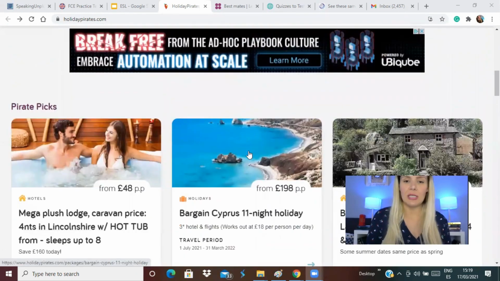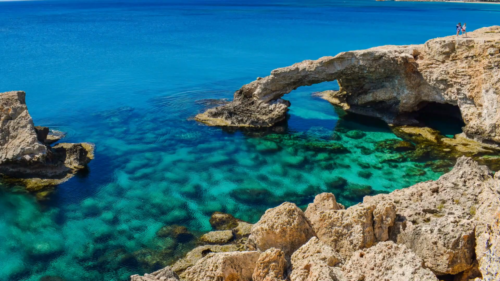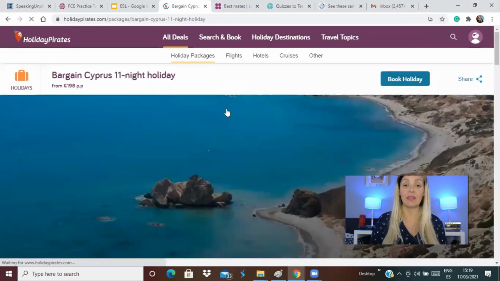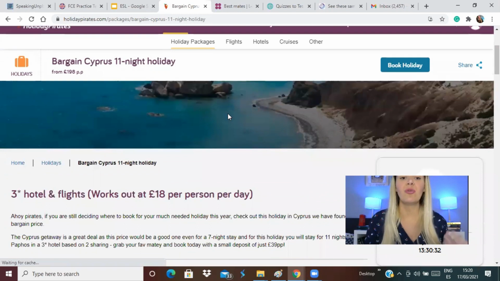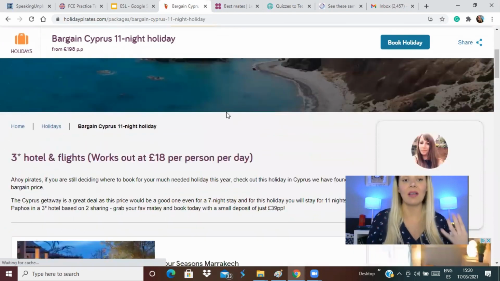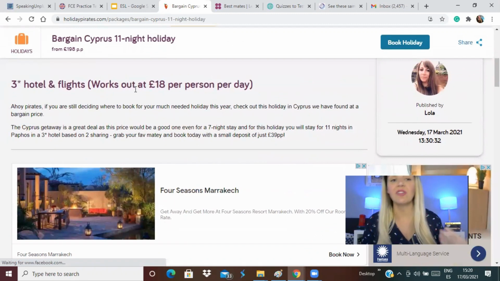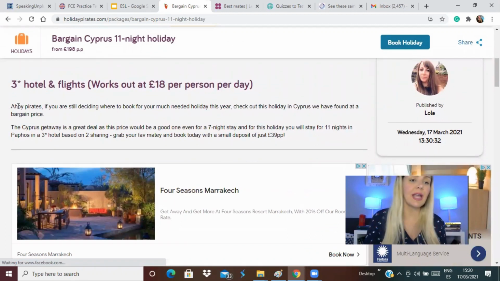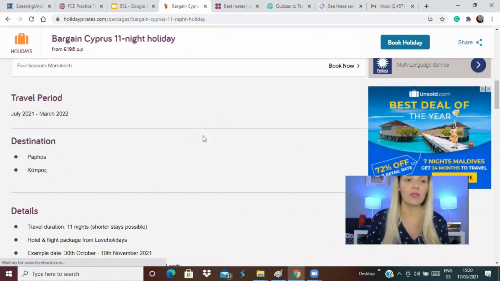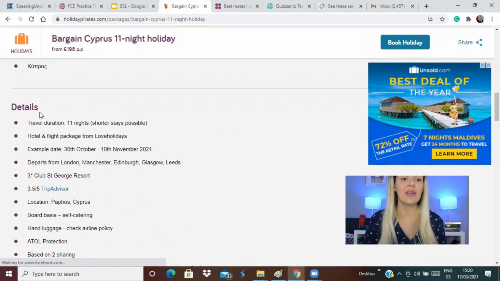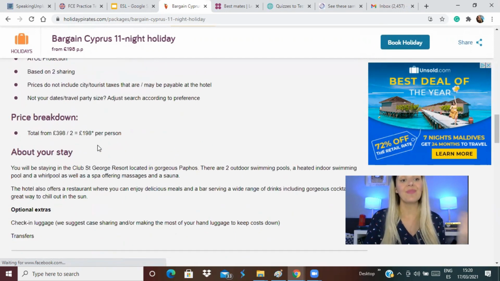So let's say my student says, I want to go to Cyprus. That's a very nice place, loads of nice beaches and everything. So we go into the package, and the student is going to read what this pack includes. Okay, so look, 3 stars, hotel and flights, works out per person per day. And then you go into details. So the travel period, when is this going to happen, the destination, where you're going, the details,